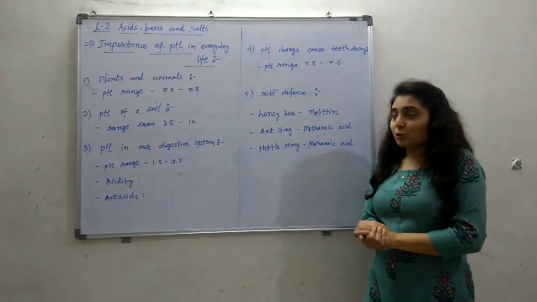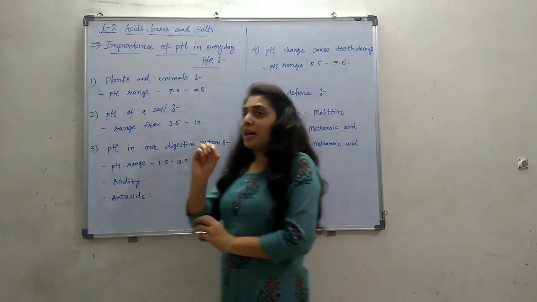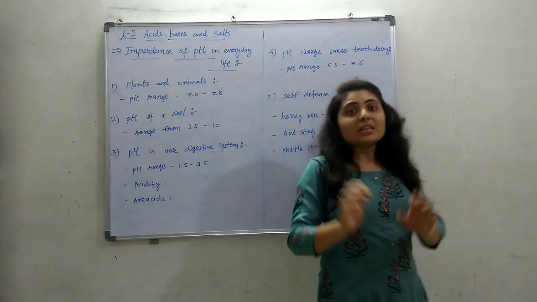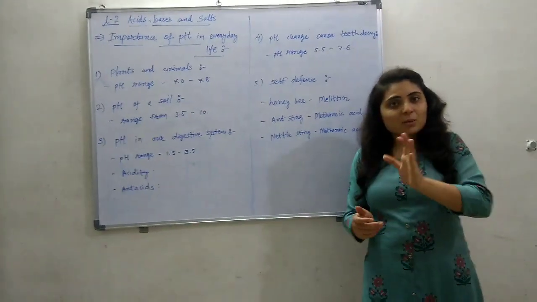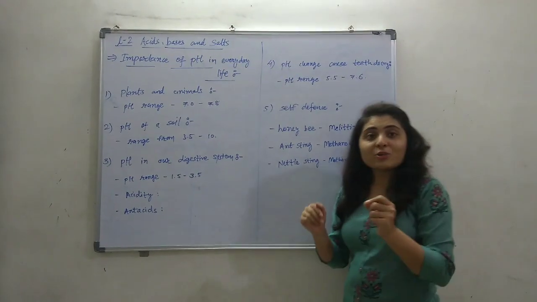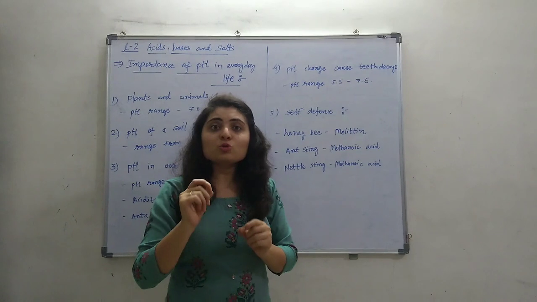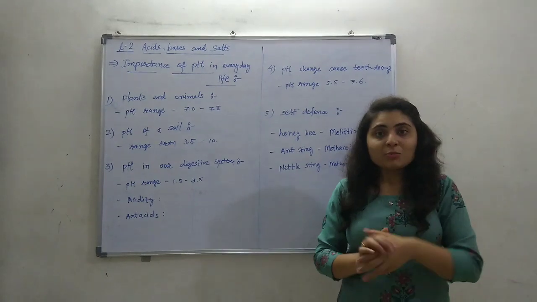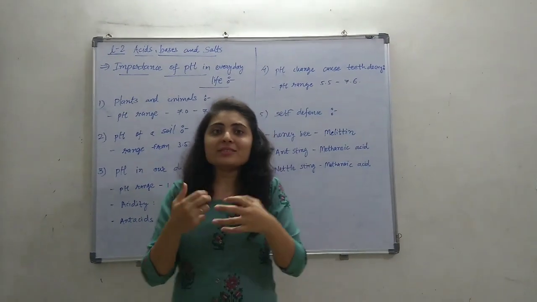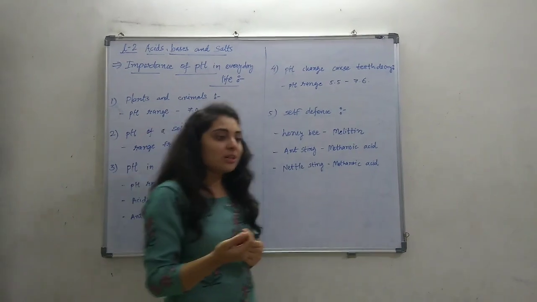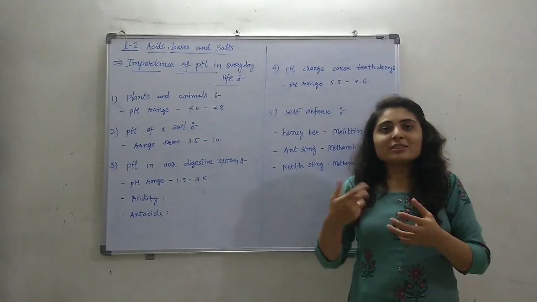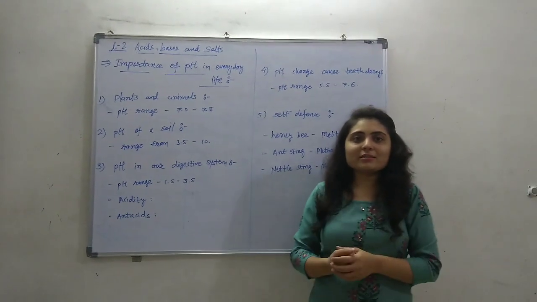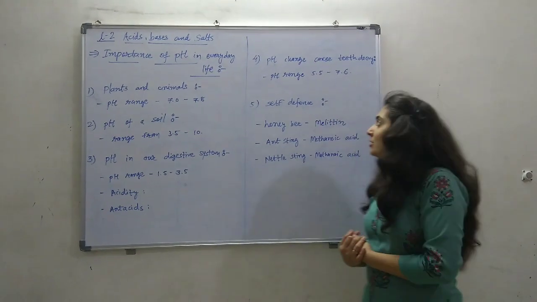That's why we have to remove this acidic medium in the mouth, and that's why we use toothpaste. Toothpaste contains basic material, so it is very advisable to use toothpaste and brush the teeth every time after eating, because when we eat, acidic materials are present in the mouth. When we brush, the toothpaste, having basic materials, neutralizes the acid, and the acidic medium in the mouth can be removed.